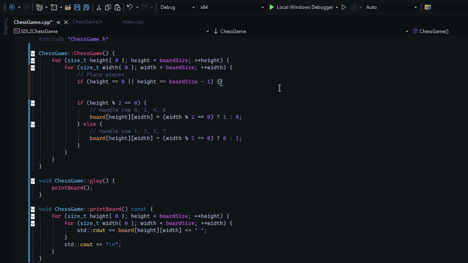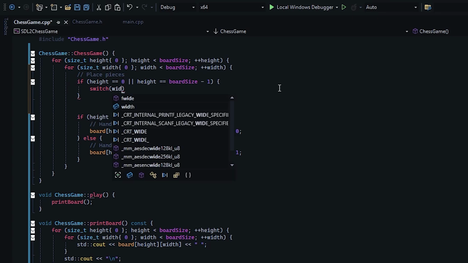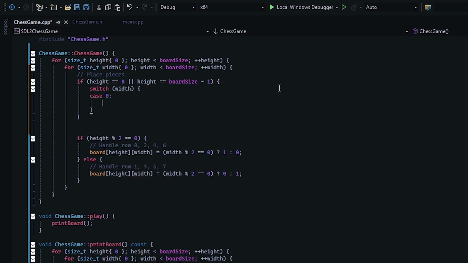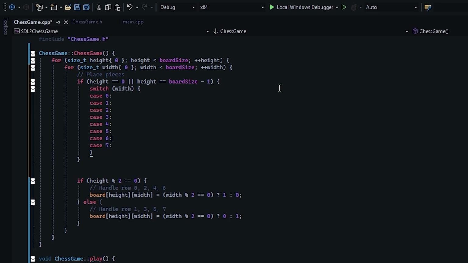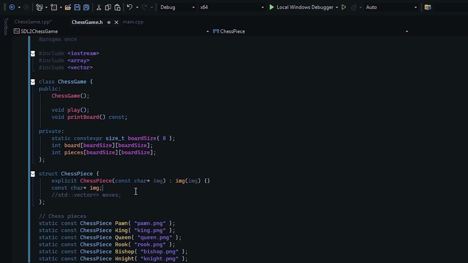So if it's on the bottom or the top. This is probably gonna be ugly, but that's okay. So I'm gonna switch the width, and I'm gonna set case 0, 1, 2, 3, 4, 5, 6, and 7. There we go. So then we want to have pieces, height and width is gonna be,